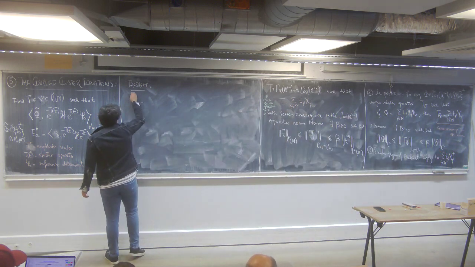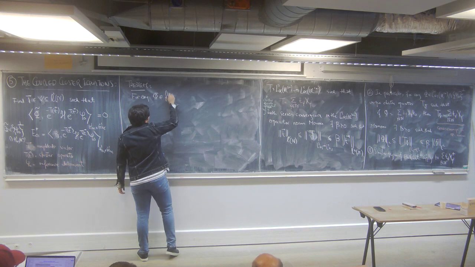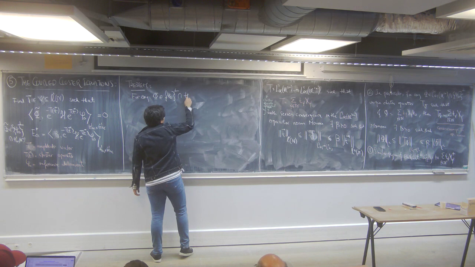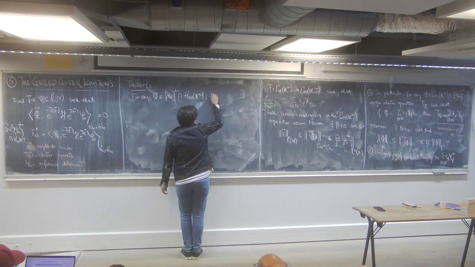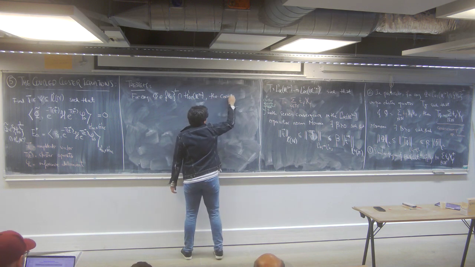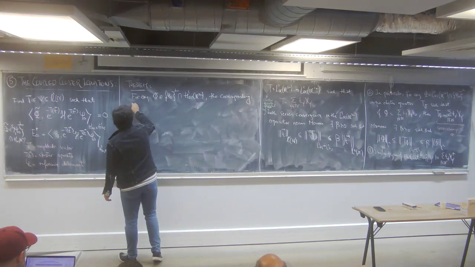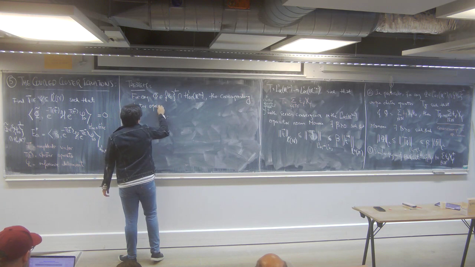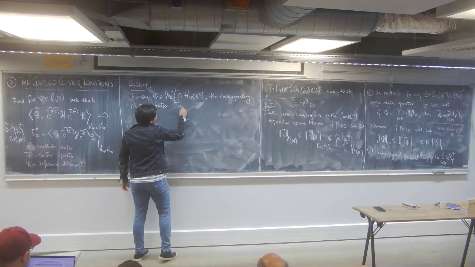For any phi in the orthogonal complement, the L2 orthogonal complement of psi 0, intersected with H1 antisymmetric R3n, the corresponding cluster operator, for which I use the notation T phi,